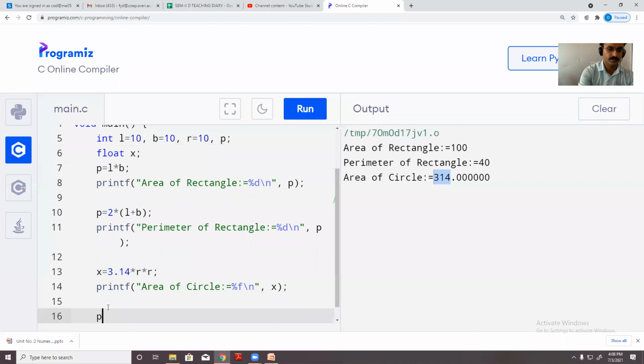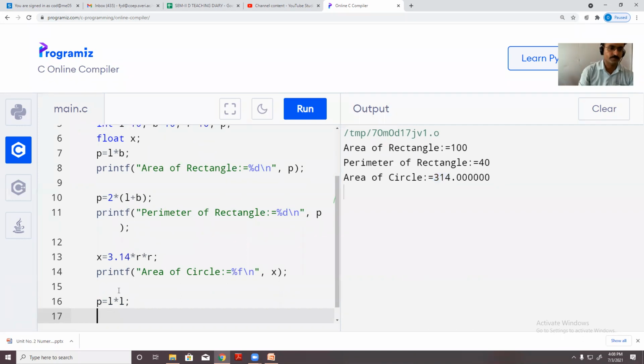I'm going to use P is equal to length into length, that is area of square. I'm going to print the same area of square. Okay, %d, as P is a type of integer, so I need to use format specifier %d.